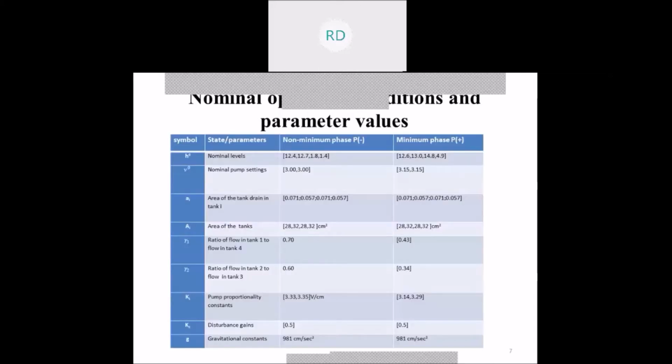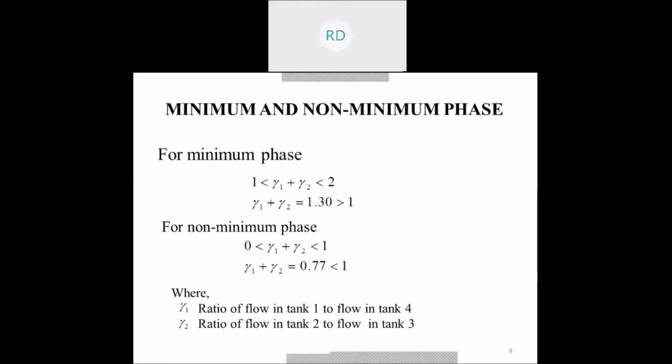Here I'm taking the case study. The values are already given in the paper, and I'm using them. The nominal operating conditions and parameter values are shown in this slide: the area of the tanks, the drain values, which are given in the case study. I'm taking these values from the paper. Here, based on the pump outlet valve,